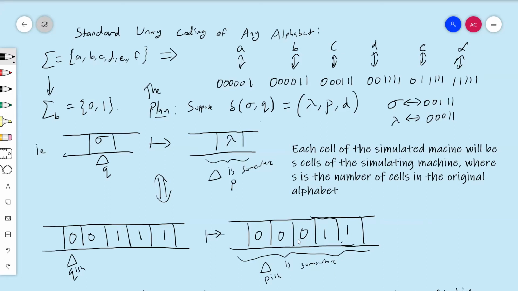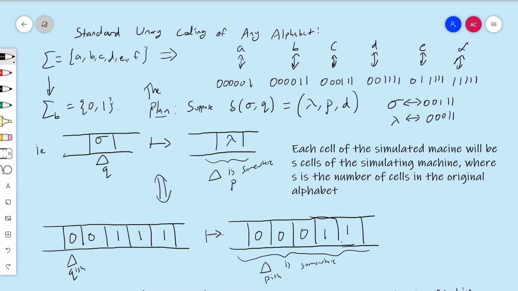All right, so we were getting ready to prove this kind of annoying, but extremely important result for, I think, making sure we have a good grasp on everything. So just to review a little bit, we've got the standard unary encoding of any alphabet. I've just got an example here. If sigma is A, B, C, D, E, F, that's the alphabet,